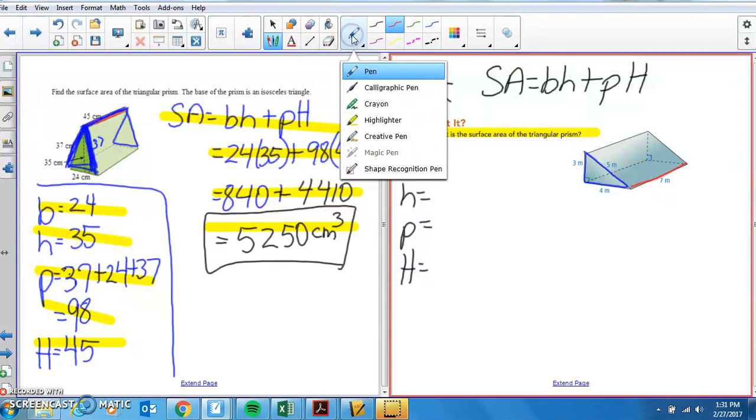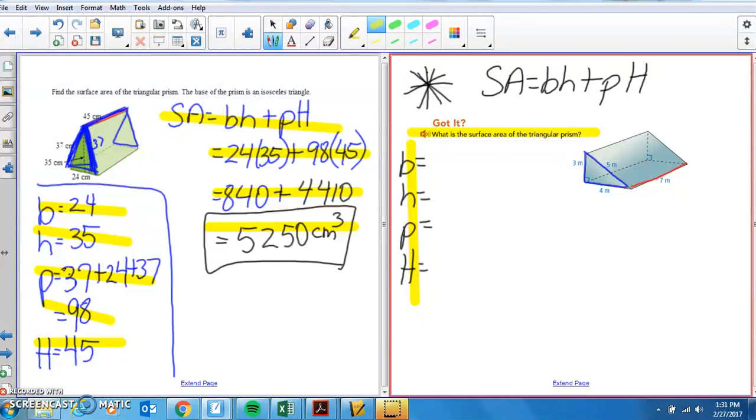So again, if you will work through this problem, I've given everything here, the lowercase b, h, and p, the uppercase H, and all you do is substitute everything into the formula. So you're going to use the formula, base times height plus p times the height of the overall shape. So if you'll do this one,